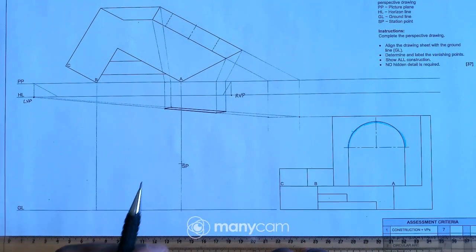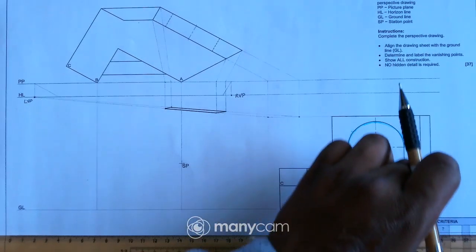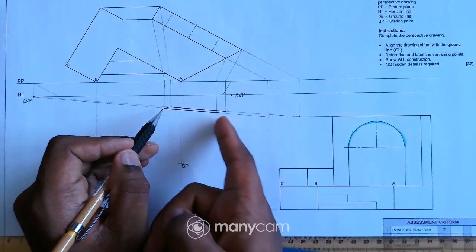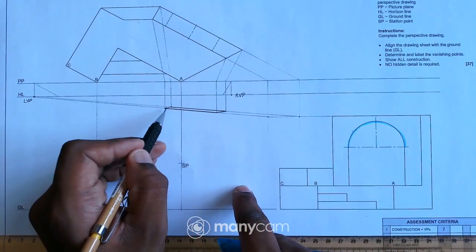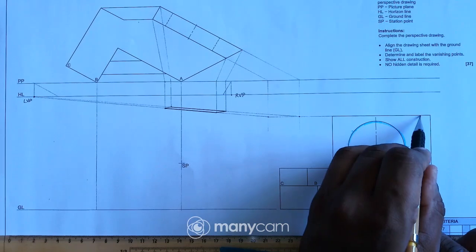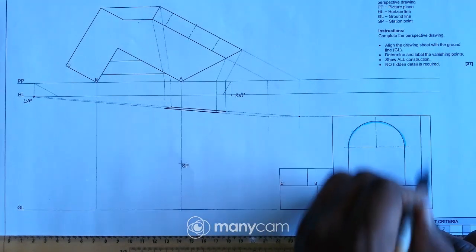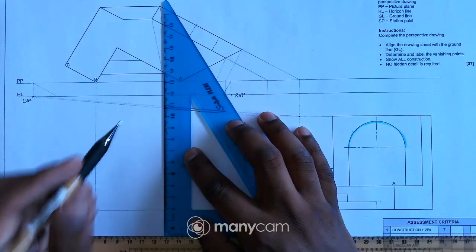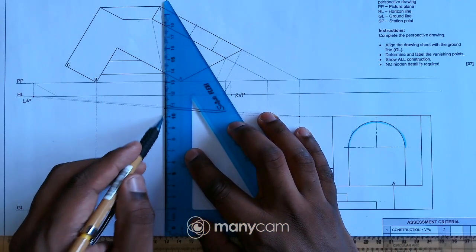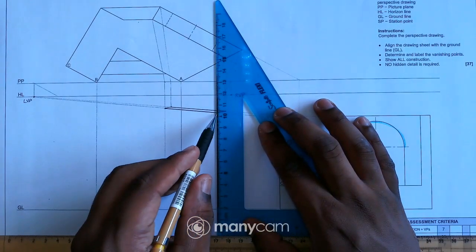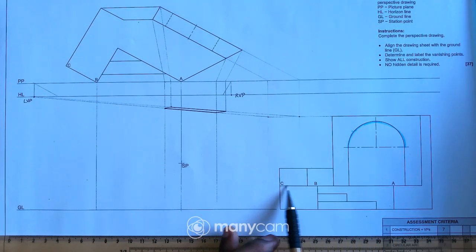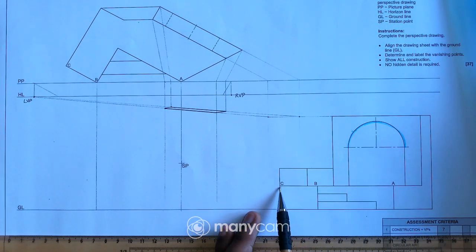So now let me try and get this surface there. Because now I have this top surface and I also have this horizontal line, which is this one up to there. So now I will try and get this square, right? So what I can do there is project this point down and this point down. So now I'll have to get the height of this building. So how am I going to get this height?